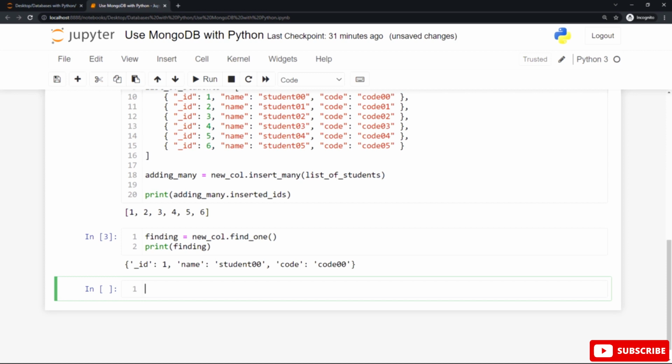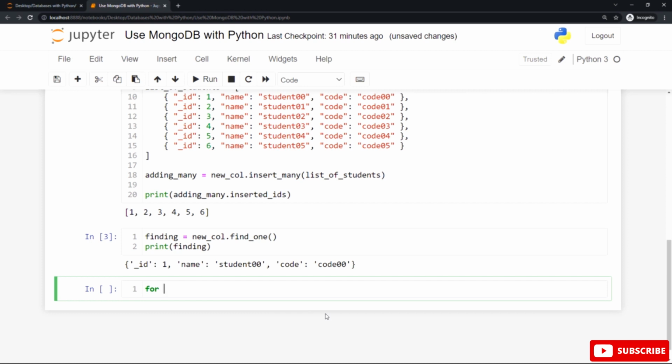The find method is used to return all occurrences in the selection, or all the documents from a collection. You can say that the find method in MongoDB is the same as the select statement followed by asterisk in SQL. Create a for loop to iterate over all the documents.